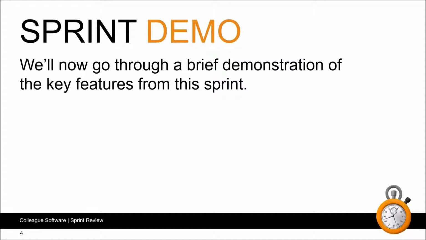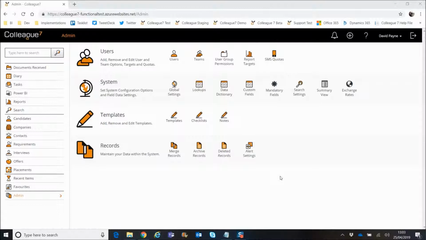We'll now go through a brief demonstration of the key features from this sprint. So there are a few things to go through in this sprint review. Not major things. It's another one of those sprints where a lot of the bulk of the work was done in the background. But in terms of physical differences to actually be seen within the UI, first point to go